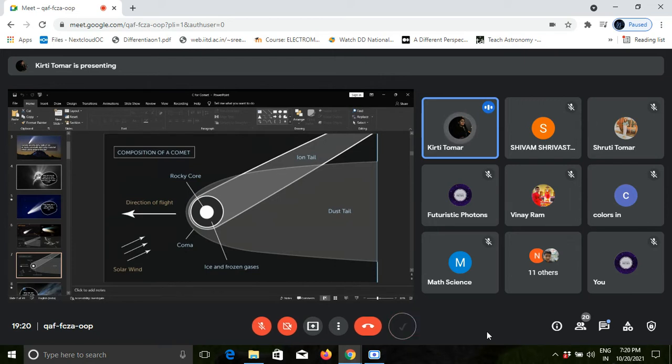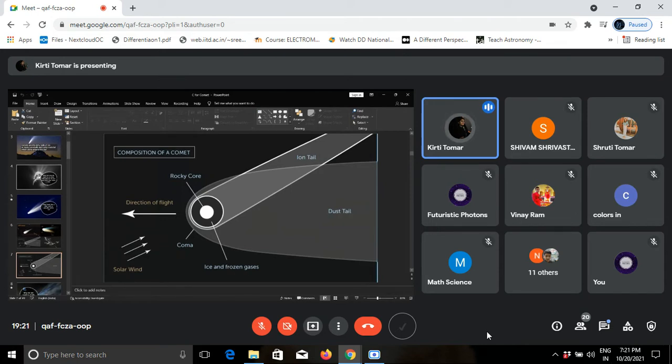So the comet tail is made up of material from the comet, gas from the ices, and dust that is mixed within the ice. They escape as a comet melts. The tail always points away from the sun due to the solar wind, and a comet has an icy center which we call the nucleus, which is surrounded by a large cloud of gas and dust. So a comet can develop two tails as it travels closer to the sun.